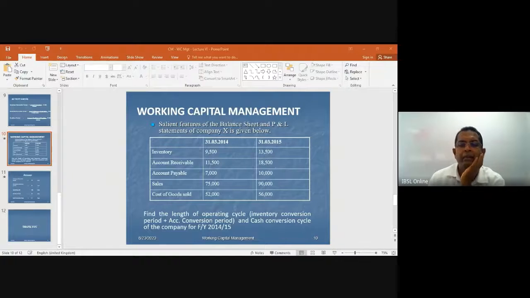So we'll start the break-even analysis. What is break-even analysis? It is the short-term relationship between volume, that is the production, the output, revenue, that is the sales, and the profit. We call it CVP analysis, cost, volume, profit analysis. We use this break-even analysis to take short-term decisions, right?